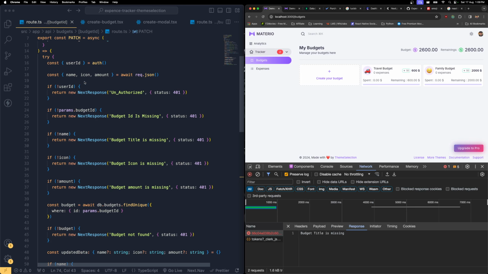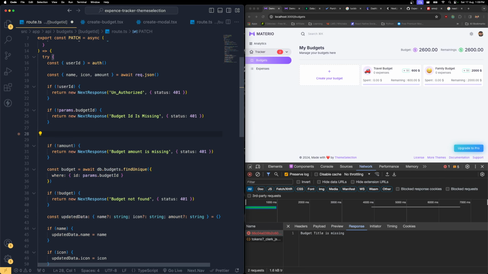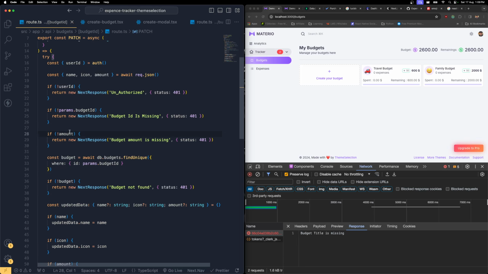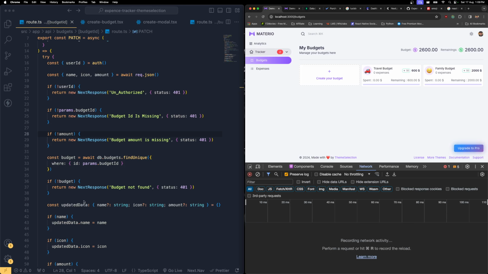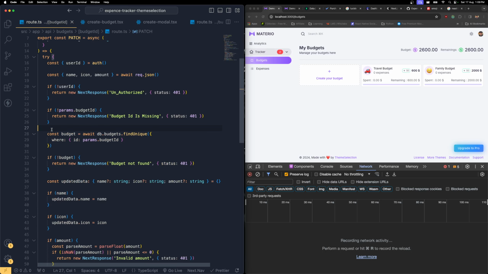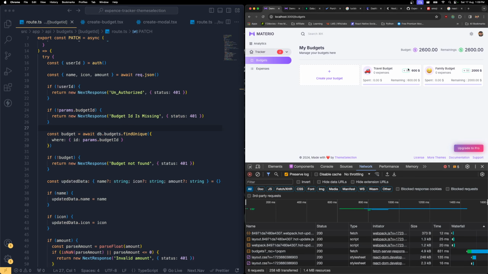So we don't need to check all those things, because title and all those things are for the time being not being sent over here. So we only need to make sure whether the user is sending the amount or not. I think even this is not necessary. Budget ID itself is enough. So now if I click this,